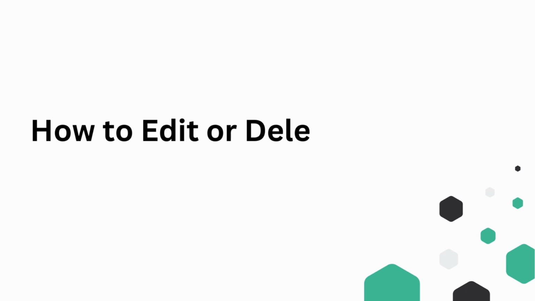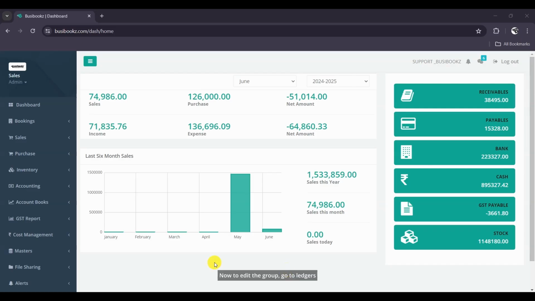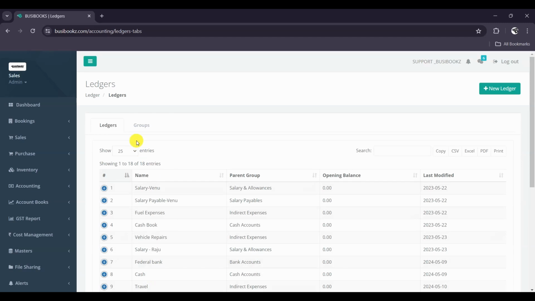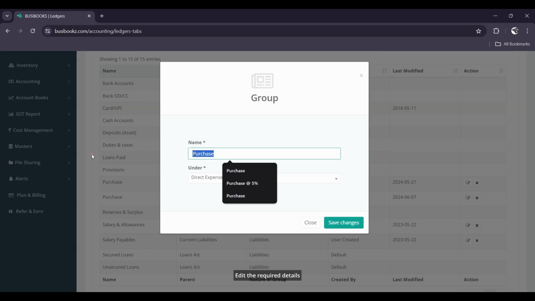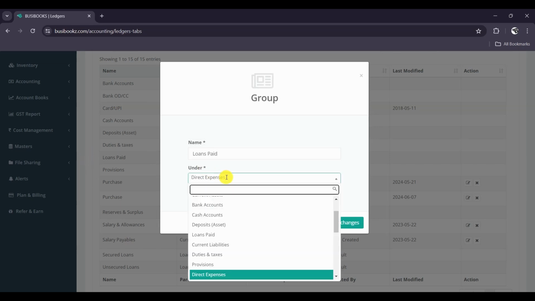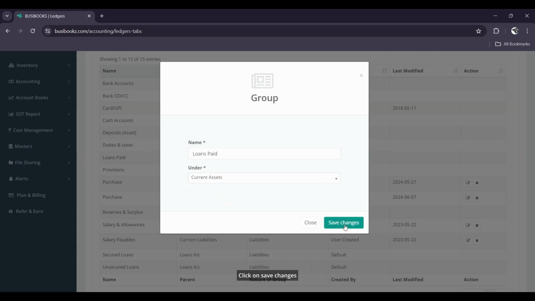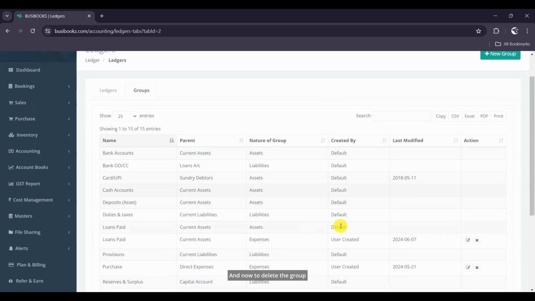How to edit or delete a group. Now to edit the group, go to Ledgers. Click on Groups. Choose the group that you want to edit. Click on the Edit icon. Edit the required details. Click on Save Changes. And now, to delete the group,